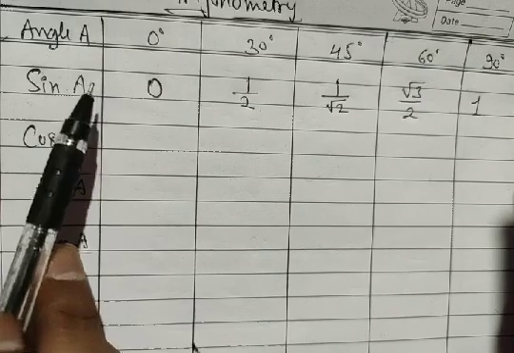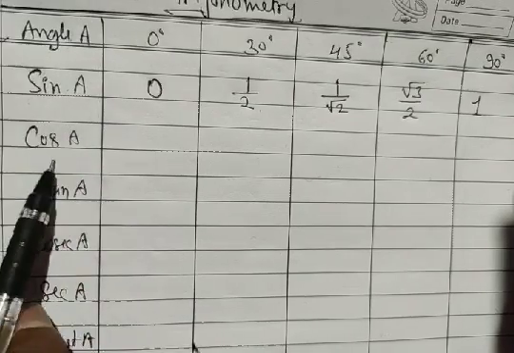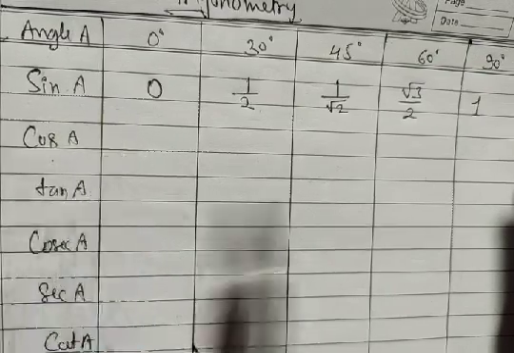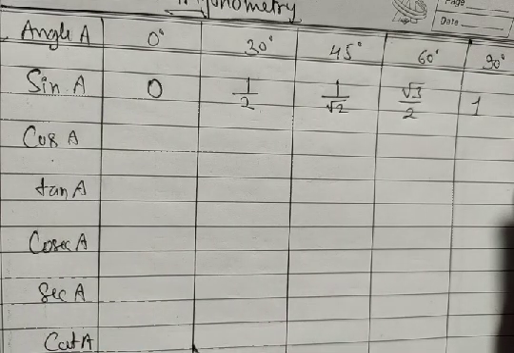Please take it in your mind that sine and cos are complementary to each other. We will discuss it as our next topic, complementary angles, after 1 or 2 days. In complementary angles, sine and cosine are complementary to each other, also tan and cot are complementary, and sec and cosec are complementary to each other. But for now you have to learn in the chart that sine and cos are complementary to each other.